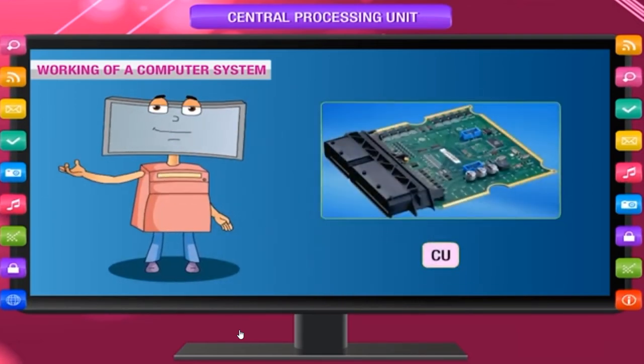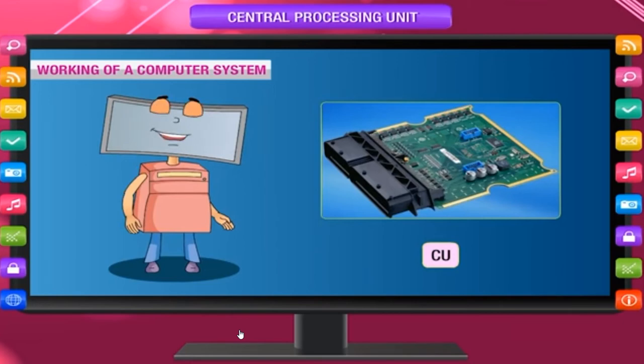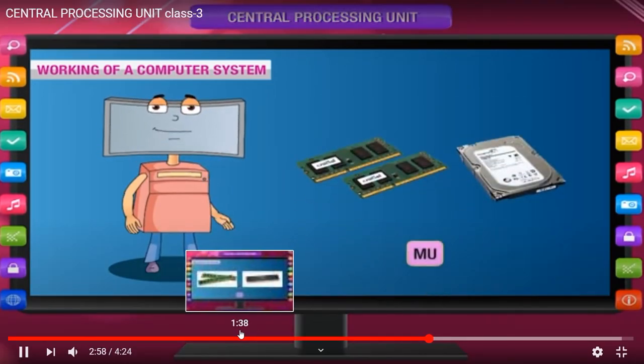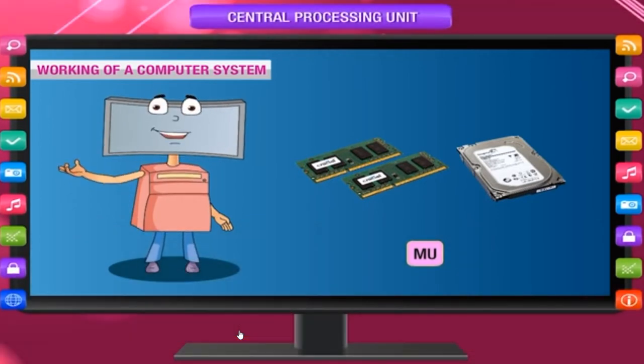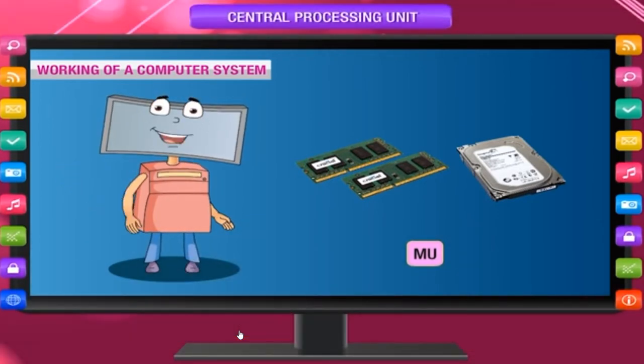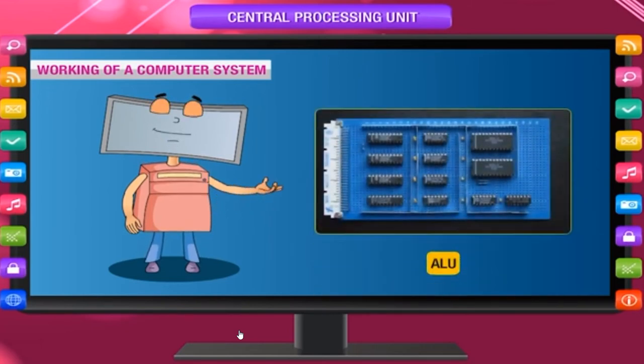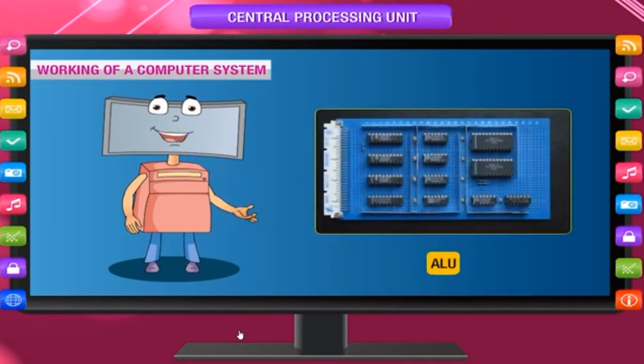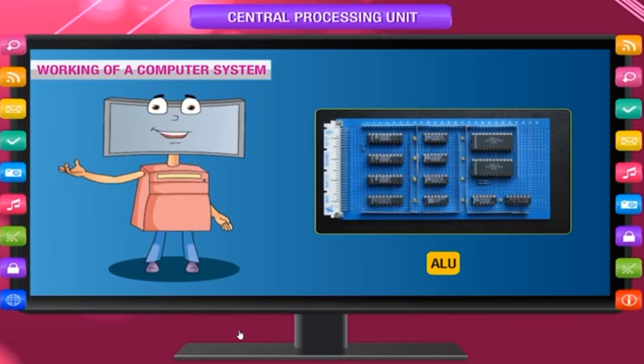The control unit or CU decides when to take input from the input device. It then sends data and instructions to the memory unit or MU. When required, the data is sent to the ALU and calculations are made as told in the program. Moreover, after calculations,